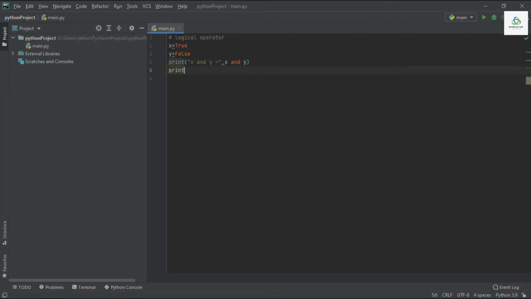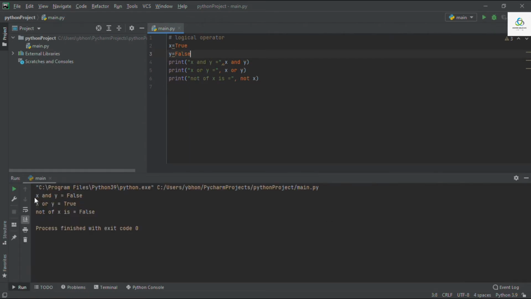Again print x or y equal to, x or y. Last is not, so for not I will write not of x is equal to, not x. First we will run this program and then I will explain what it tells.